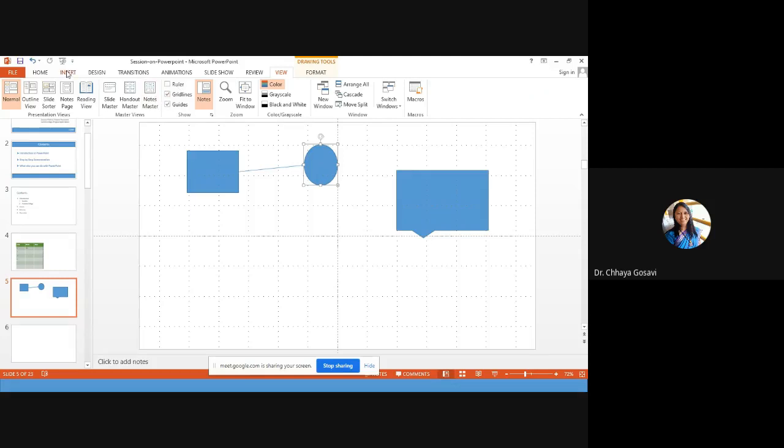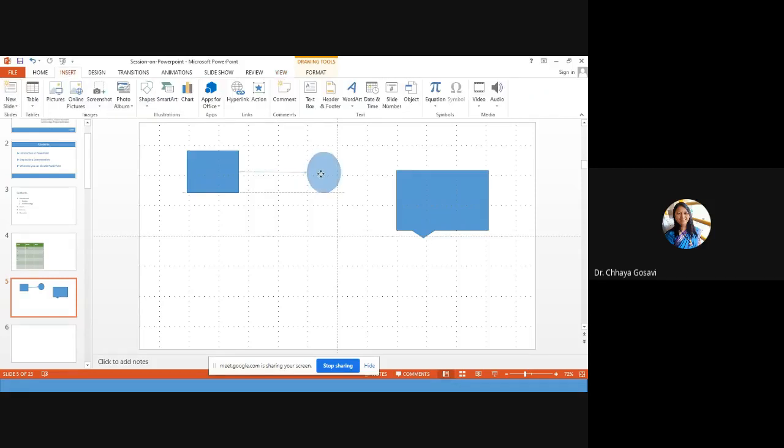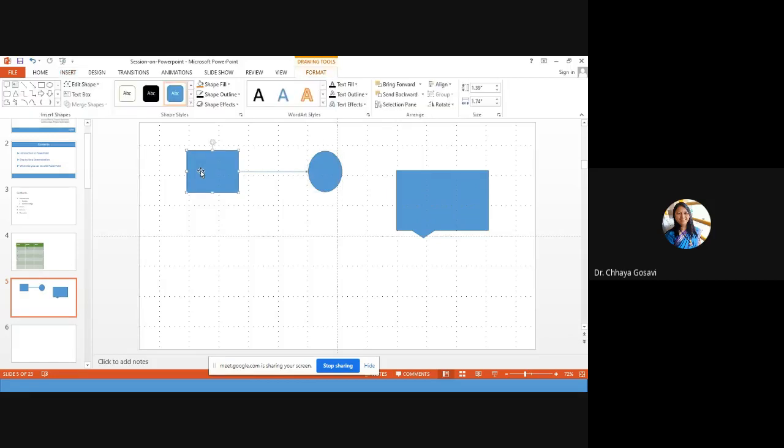Again, get back to our insert and shapes. Now by default this shape is filled with blue color. If I double click it, this drawing tool box appears. It is by default filled with blue color. You can change it, and here I can add text, say, click me, something, and you can change this text font, color, outline, etc.